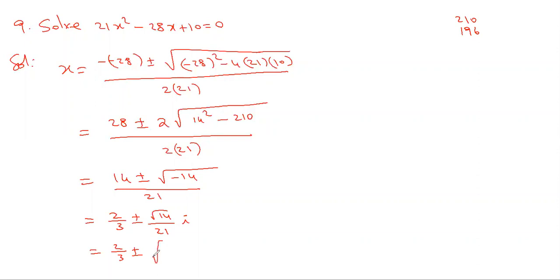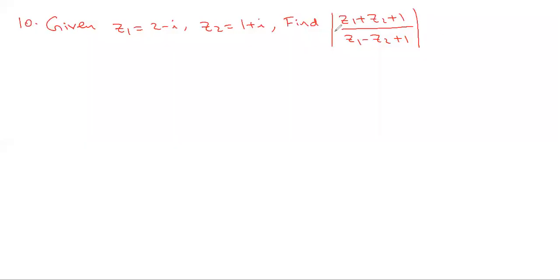We get a root 2 by 7 into 1 by 3 into i. In this also, later on, the formulas that we're going to use are mod z1 by z2 equal to mod z1 by mod z2. There is no need of converting z1 by z2 into a plus ib form and then calculating the modulus of it. You can use this. And also, of course, the regular formula that we are using, mod a plus ib equal to root of a square plus b square. And then addition of complex numbers and all those we are going to use.